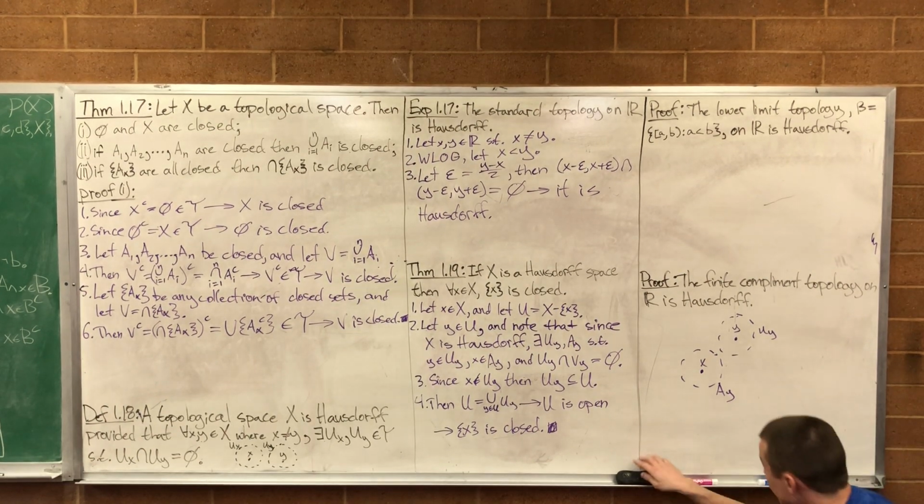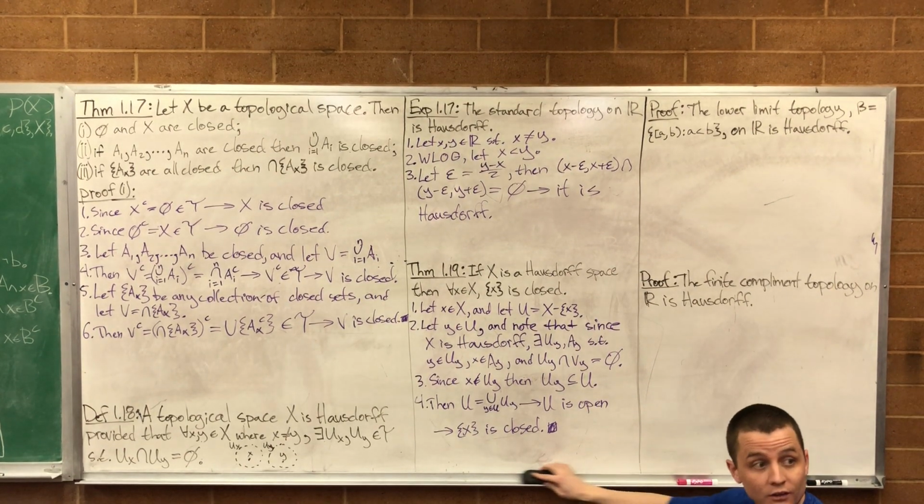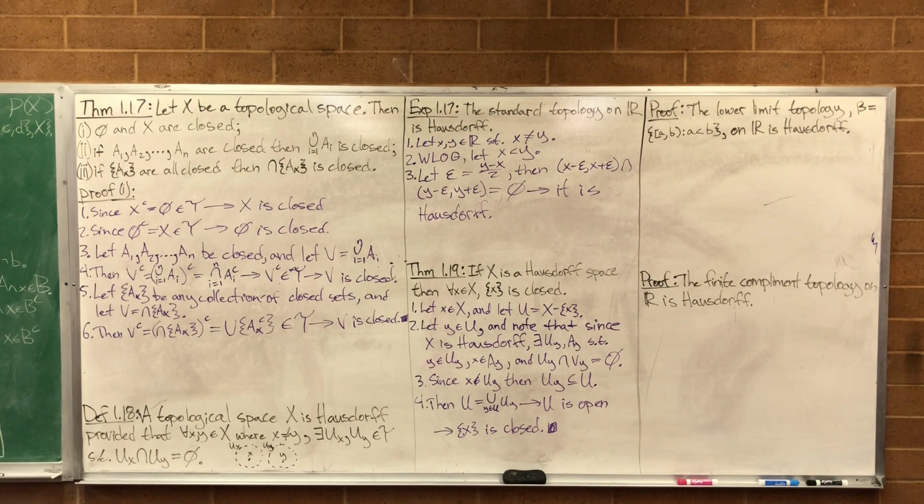All right. Two more problems that were just homework problems that I chose, and then we'll be done. So that was everything for new material. These were just examples to help us get comfortable with showing things are Hausdorff. Okay, next proof. Prove that the lower limit topology on R is Hausdorff.